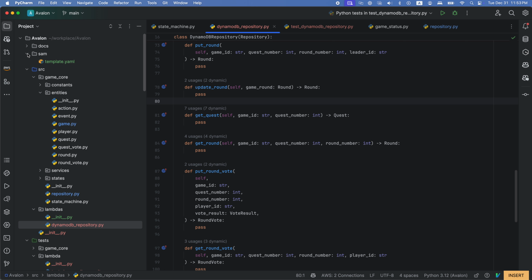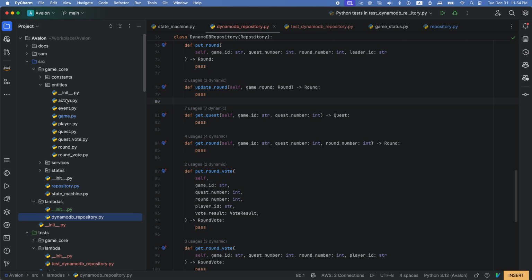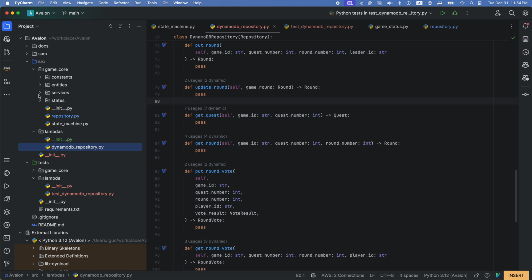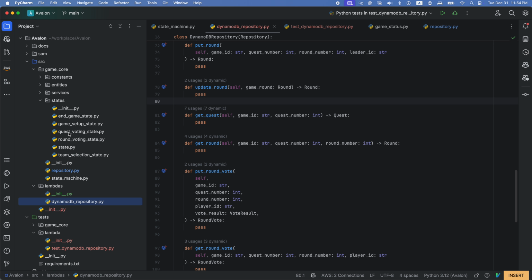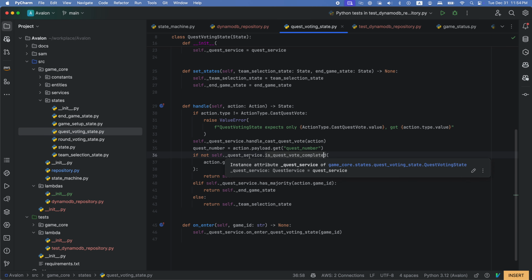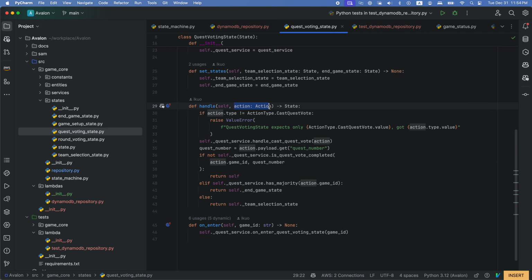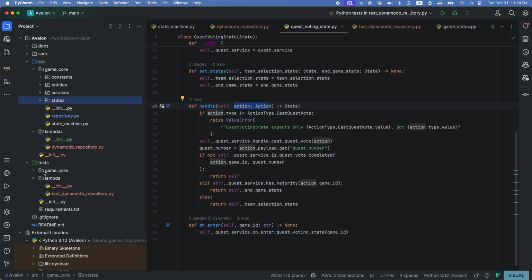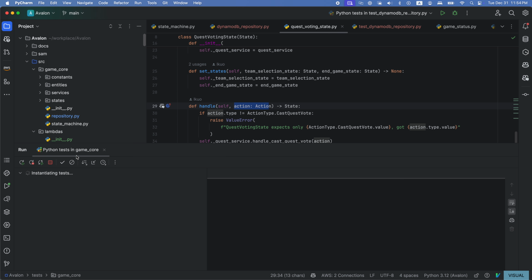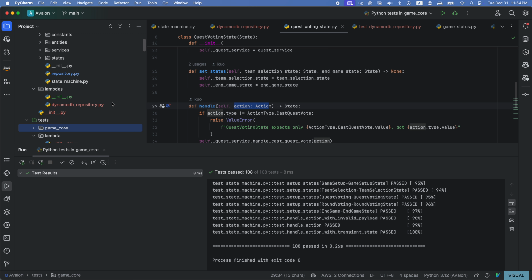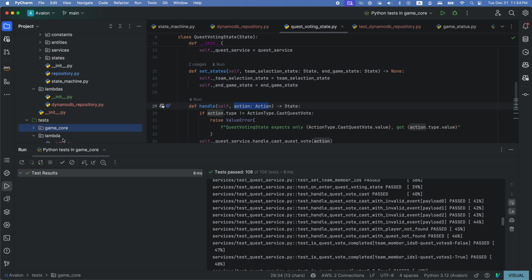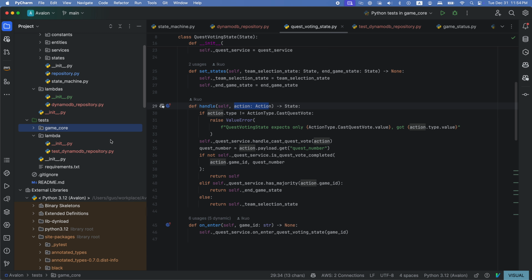So since last time I have refactored the services and the entities, made a couple of changes, nothing too much to worry about, just renamed a couple of things, cleaned up some logic. But what's important is that all the unit tests are rewritten, so we are good to go.